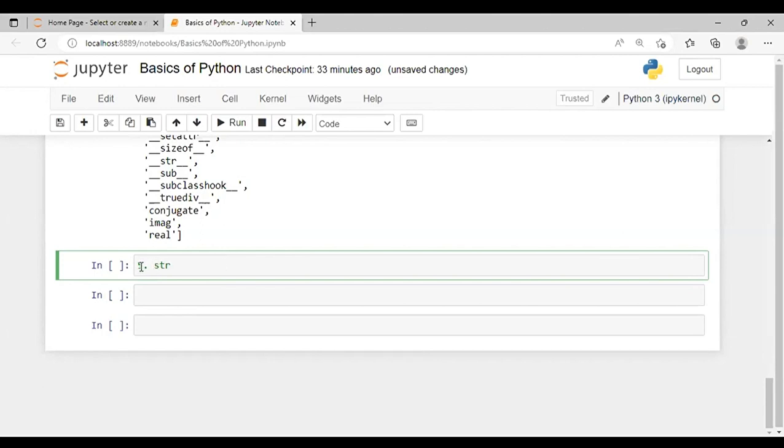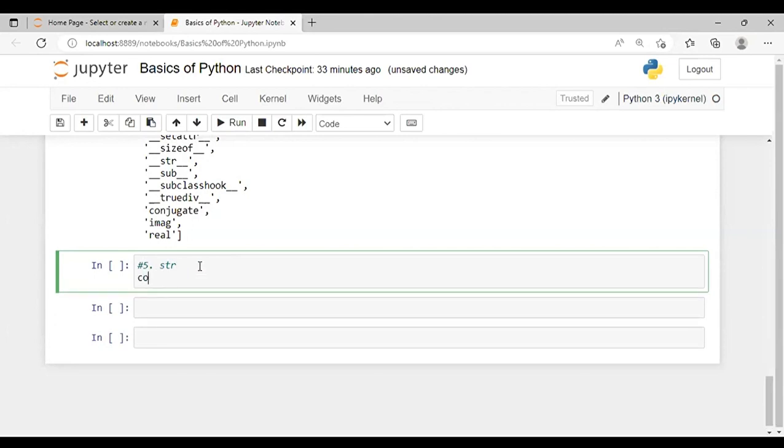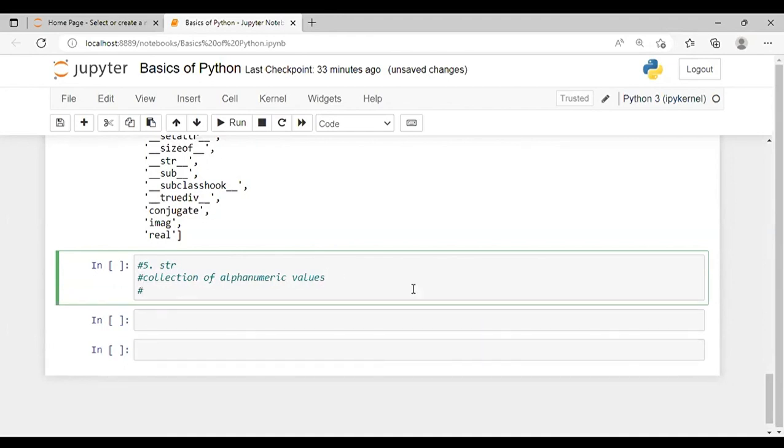It's a string. String is a collection of alphanumeric values. String is a simple collection of alphanumeric values